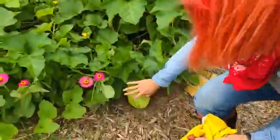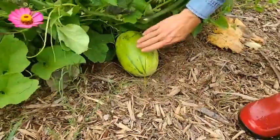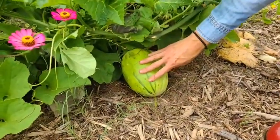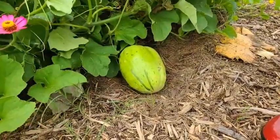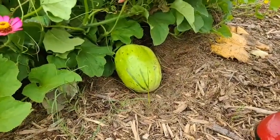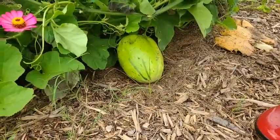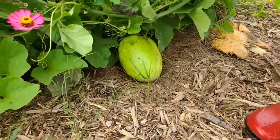So this one I've noticed, this is the, it's a quicksilver, something like that. It's actually not a watermelon or a cantaloupe. It's what they would call an exotic melon. It looks like a watermelon. The one that we got was actually a big, like